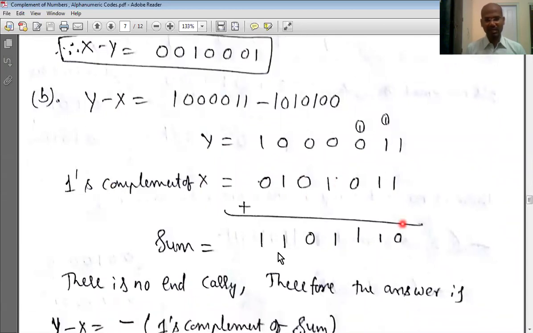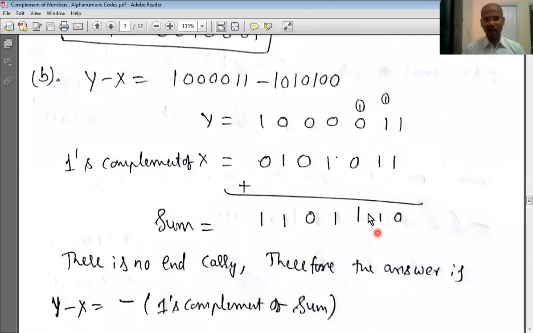So what we get, this is the addition. I'm not explaining the corresponding sum bits. I'm directly giving the answer. If you perform the addition, then this is our answer. And if you count the number of digits, we are adding two 7-digit numbers, and we got the answer, 1 2 3 4 5 6 7, which is also a 7-digit number.